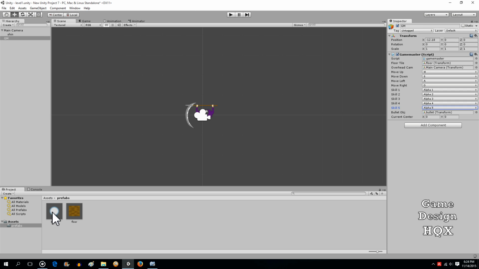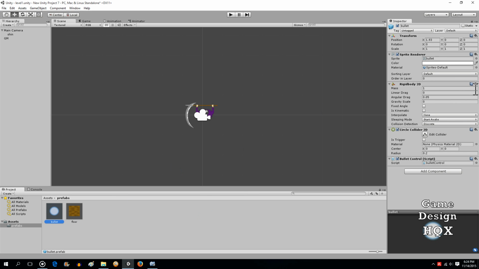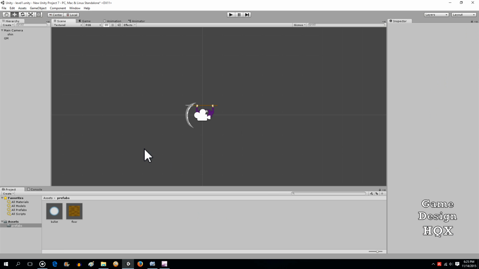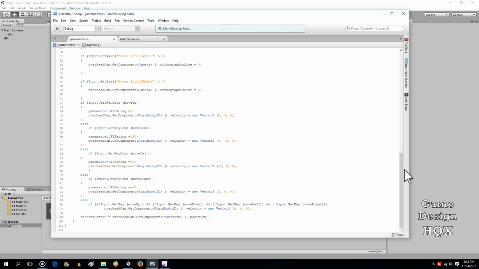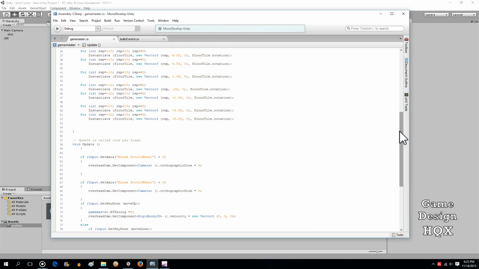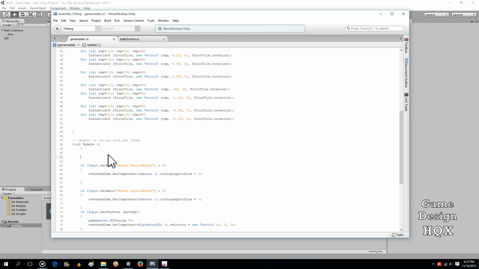Let's make sure that the bullet is on top, so let's give this order in layer 5. So we create our prefab, we attached it to GM. Okay, so we didn't actually instantiate it yet, I don't think so. Void Update. Yeah, we didn't actually check for that key press. So if